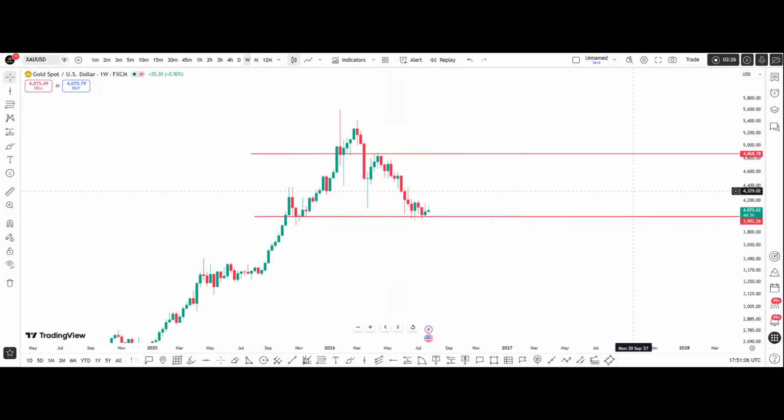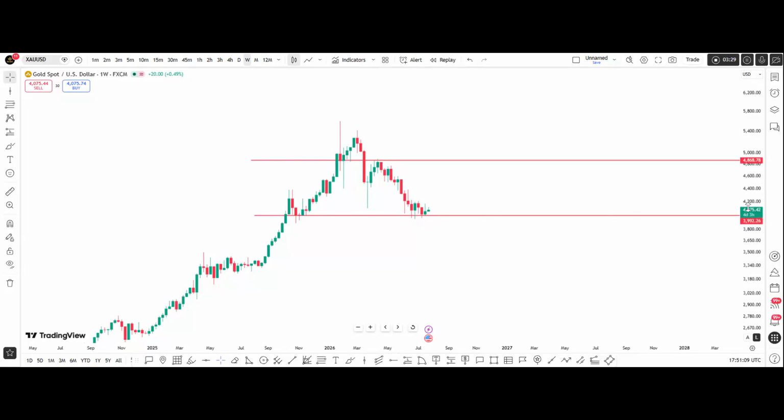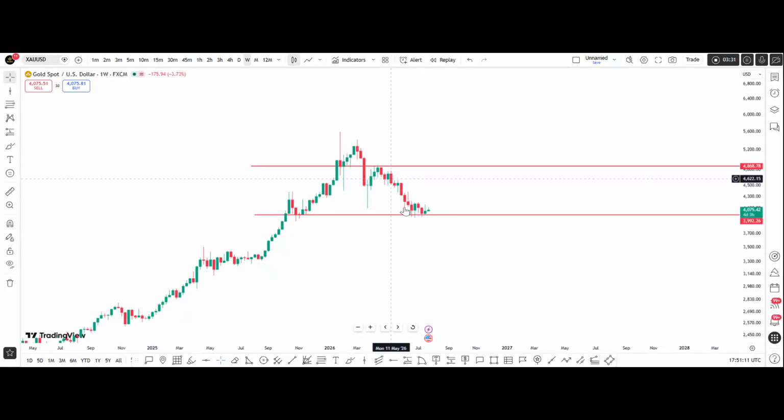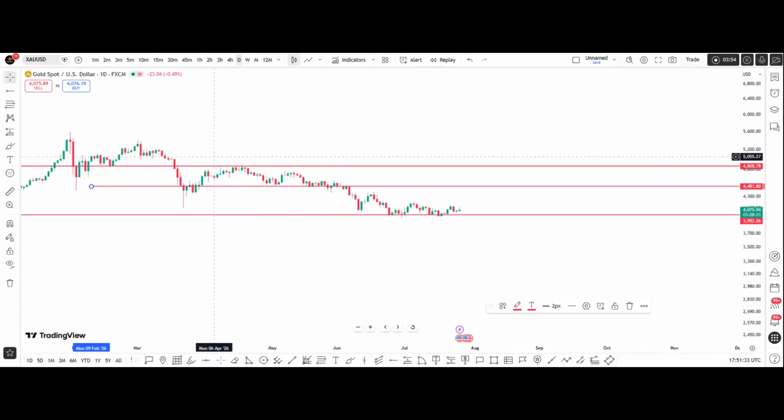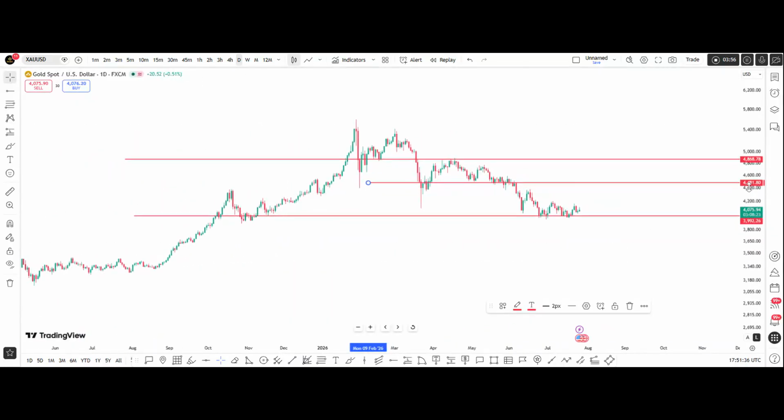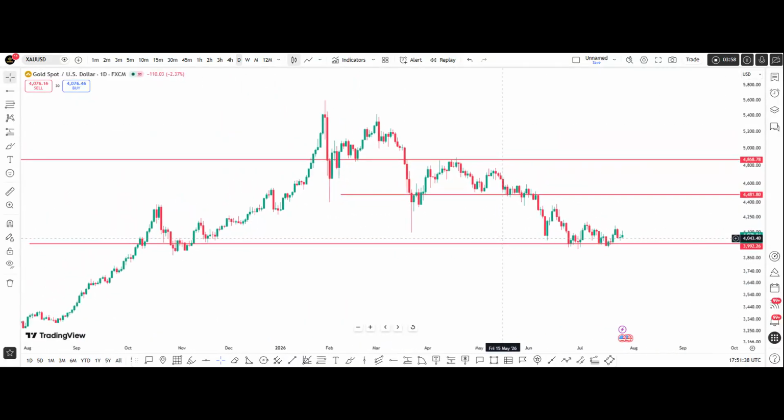So technically, nobody knows the outcome of the FOMC. But from what we see, if we have a volatile FOMC and it turns out that it favors a commodity price surge, then most likely where it makes sense to wait for price will still be on weekly support around 4,481. And if you scale down to the daily time frame, you will see that on the daily time frame we have had a candle